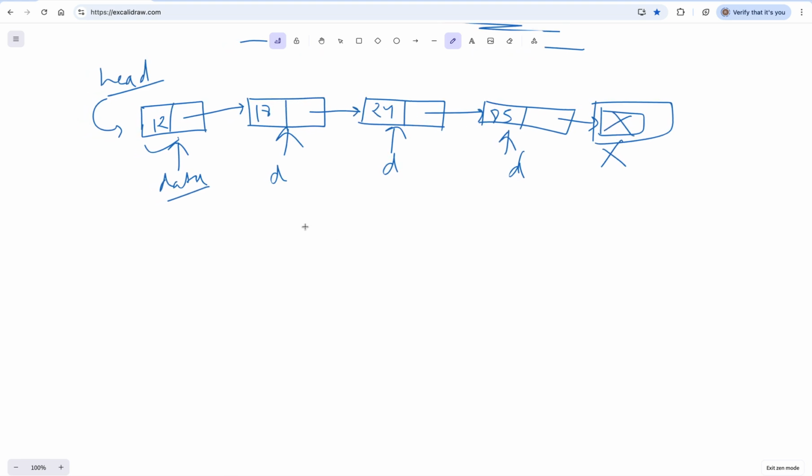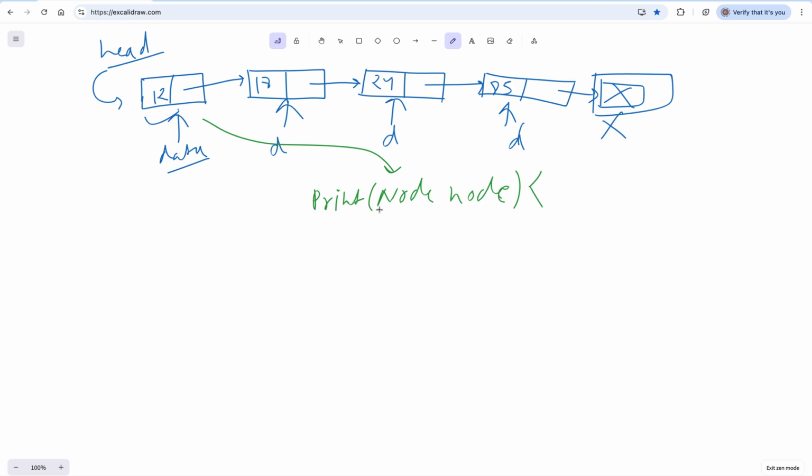Now in the recursive method, let's see how we can achieve this solution. Let's say I'm creating a print function which takes a node, and in the beginning it will be the head node. First of all, as soon as you get the node, you can print your node dot data.